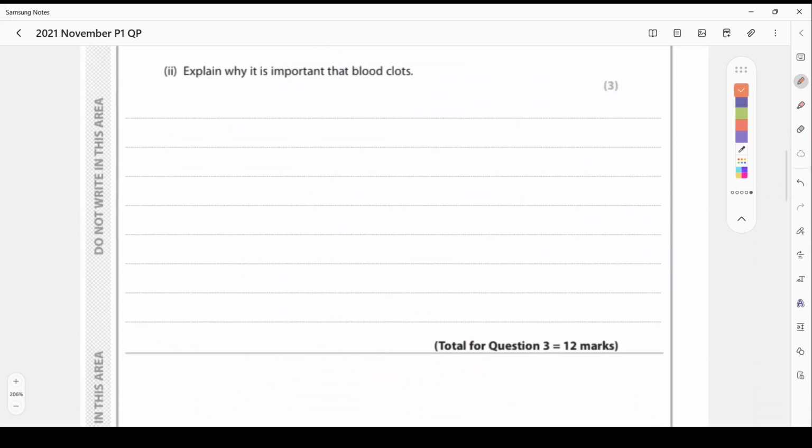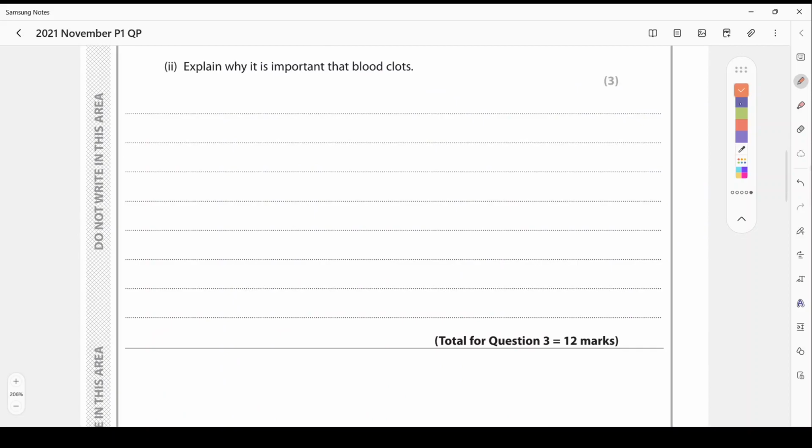Okay, let's move on to part 2. So it says, explain why it is important for blood to clot. It's a 3-mark question. We can talk about how blood clotting is important for preventing things from coming in and from preventing things from leaving. Specifically, what we want to prevent from coming in are pathogens, because if pathogens come in, then that would cause infection, right? So it prevents